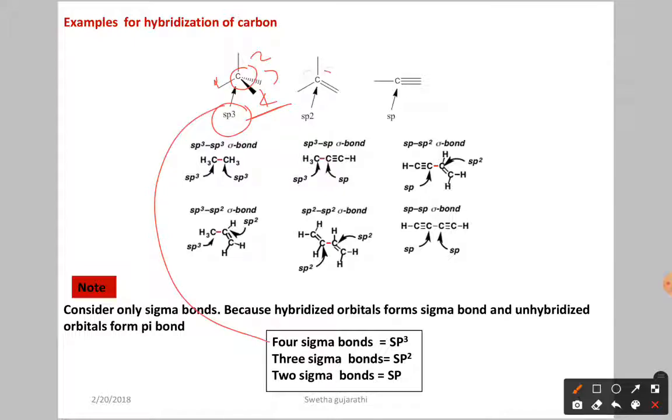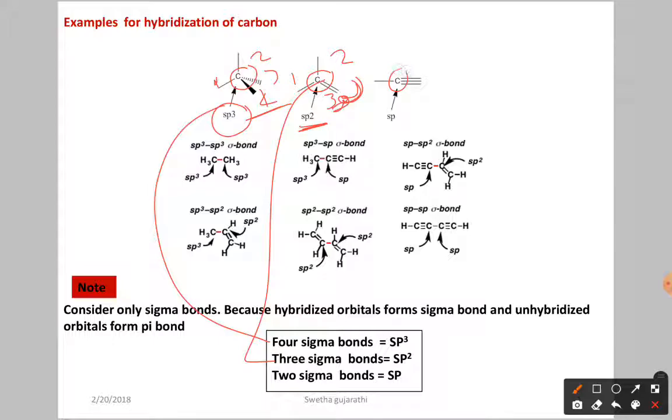Next, let us see this carbon atom here. In this we have 3 sigma bonds. If a multiple bond is there, multiple bond means more than one bond, in those cases you have to take only one as a sigma bond, and the remaining are all pi bonds. So here first sigma, second sigma, third sigma. You can take any one bond as a sigma. So if 3 sigma bonds are there, the hybridization is sp2. Now this carbon atom has sp2 hybridization.